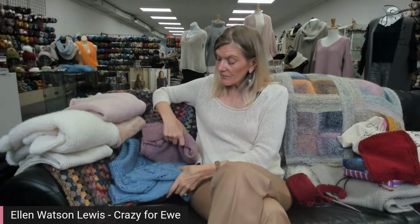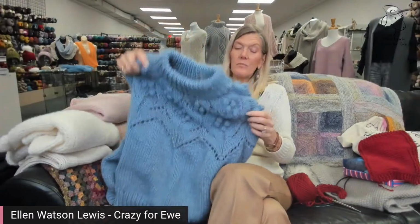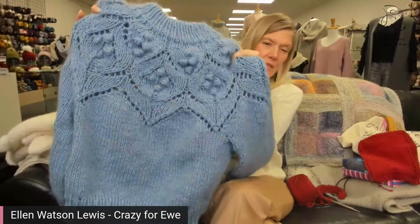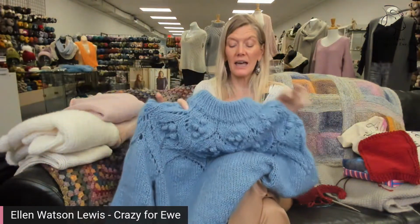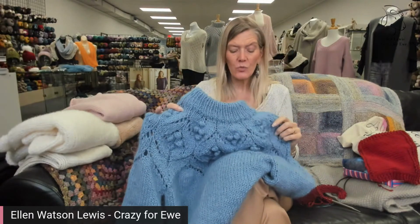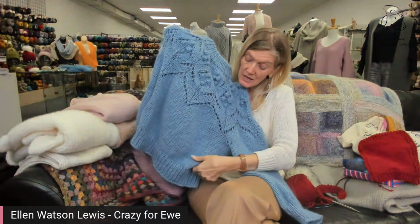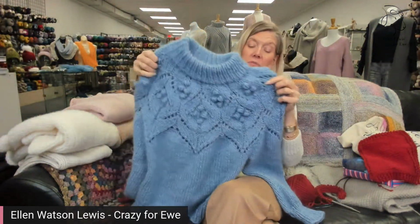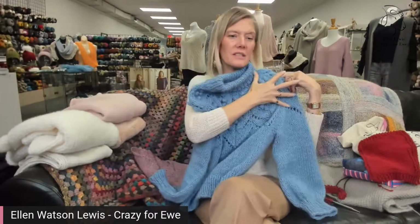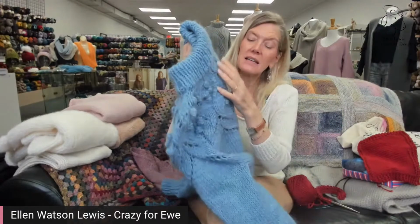Okay, so this is another one that I thought was super fun. This is called Magnolia Bloom. This is also one that we did as a knit along. This is by Camilla Vad, and she is, gosh, I want to say she's Danish or Swedish or Scandinavian somehow. Anyway, really pretty garment. It's knit top down. It's a yoke construction, which means it's worked top down, and all of this upper sleeve and body and shoulder are all worked together, and it has